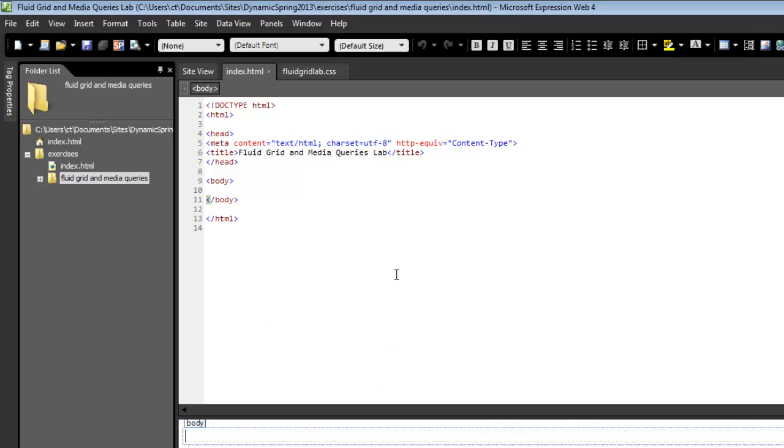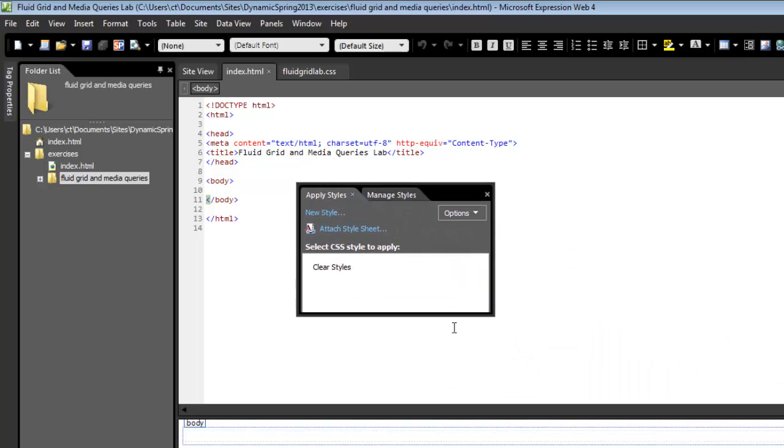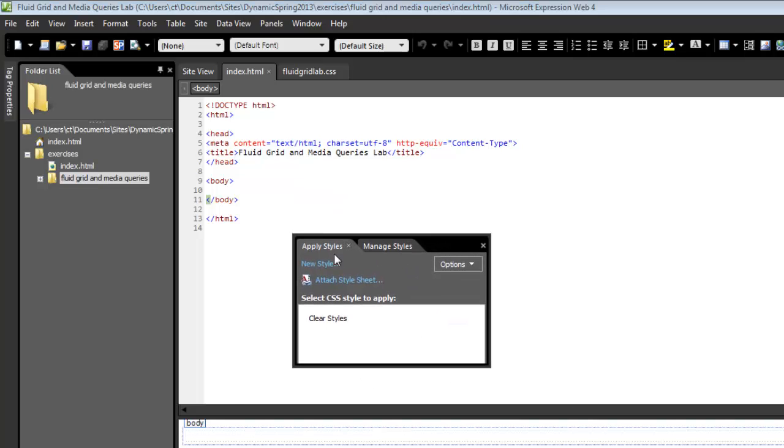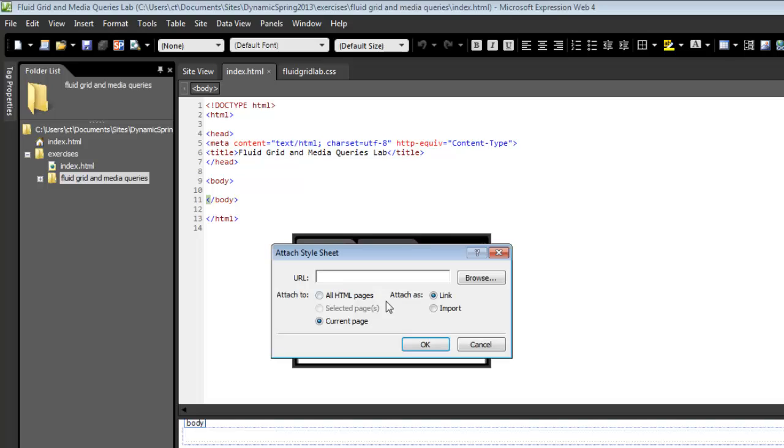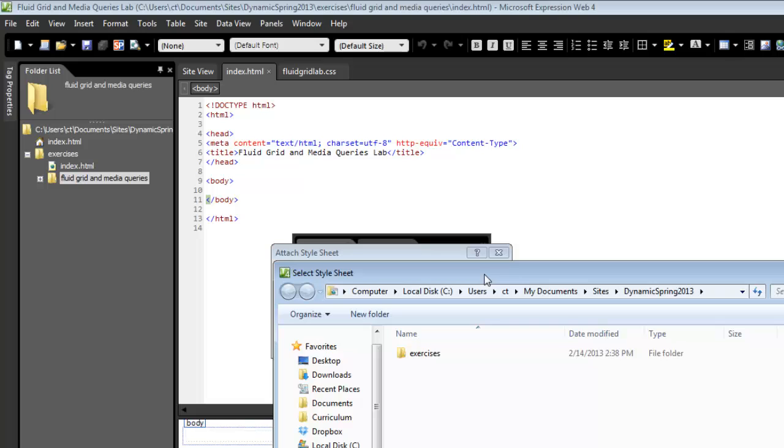Now I need to connect these. I need to attach this document to the other document. So I'm going to pull out the styles panel, and you can leave this attached. I'm just pulling it up here so that you can see what's going on. I'm using the styles, and what I want to do is attach a style sheet to this. I simply browse to it,